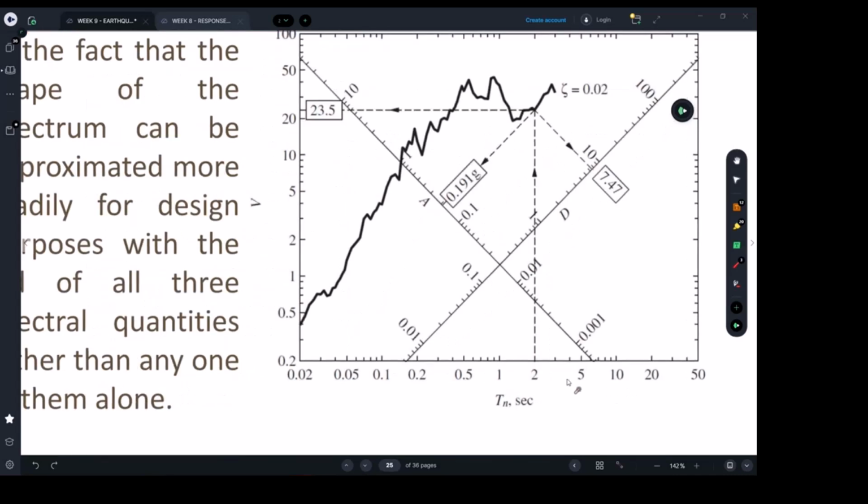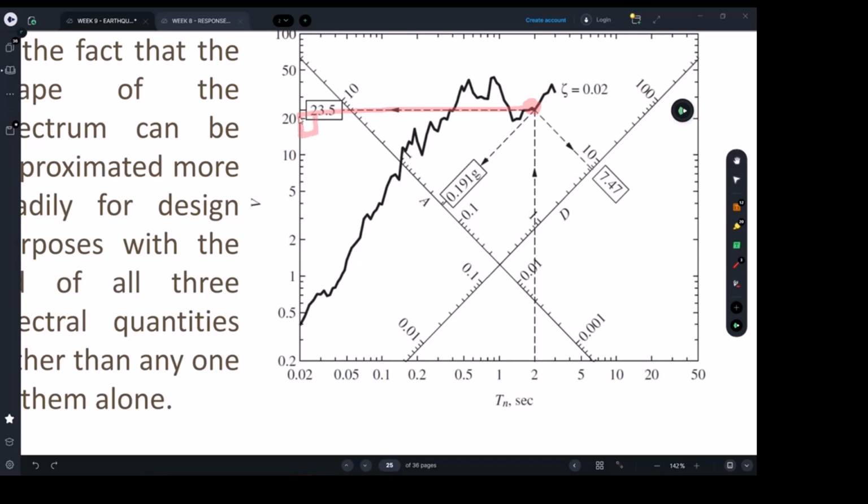Basically, let's assume you have your building with a natural period of 2 seconds. So you're going to put your vertical line, go off the 2 seconds until it hits the curve. See, it did hit the curve here. So you just plot on the chart your 2 seconds until it hits the curve. By the time it hits the curve, you can take it perpendicular on the axis you want to measure the data on. If I want to measure the velocity, just make sure you have a perpendicular angle here, and it will measure